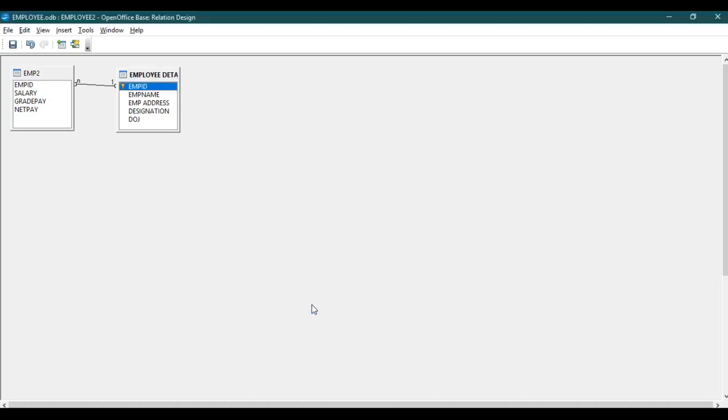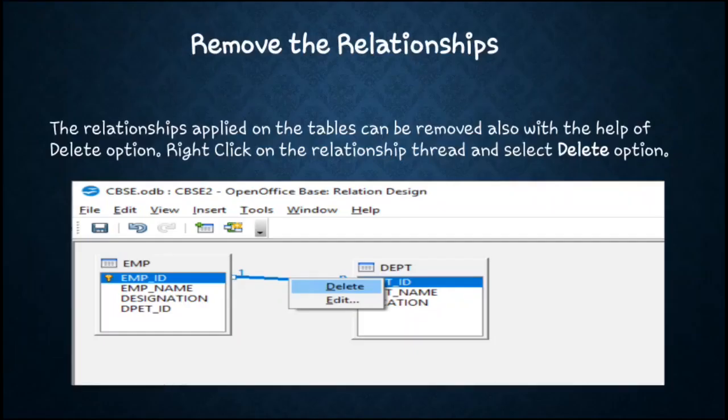Then okay. So this is called what? One to many or many to one relations are created now. Why? Because the second table has a primary key, the first table doesn't have a primary key. So when any one of the tables has a primary key, it is called a one to many or many to one relationship.